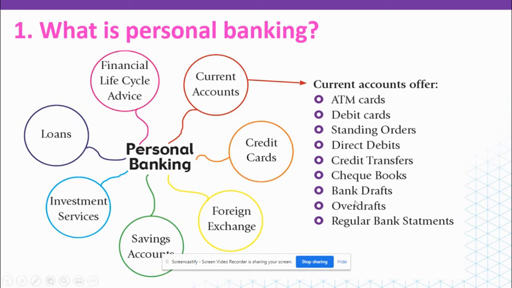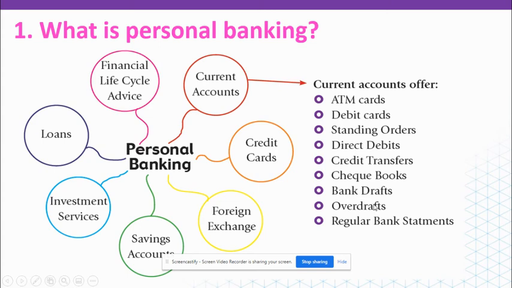So an overdraft then comes up quite a lot. I remember there was confusion about this one. People were confused about an overdraft. So if you have €1,000 in your account, and you spend all of that money, so you have no money in your account, it's zero, and you don't get paid. So let's say today is Friday, and you don't get paid until next week and you have no money. What you can do is set up what's called an overdraft. You can go into the bank and set it up.